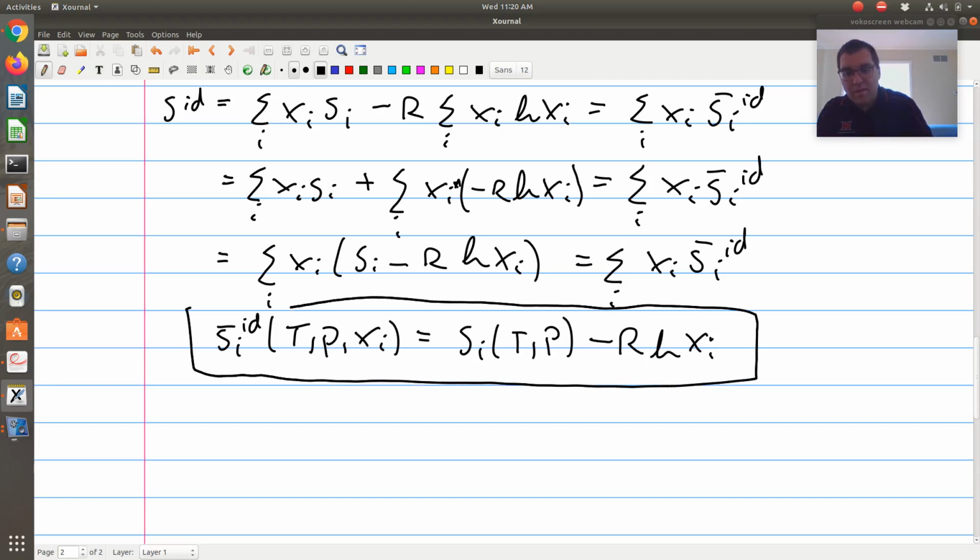And I find this latter expression pretty interesting as well, because this is just my pure component system minus R log xi. When I think about an ideal solution in which all of my intermolecular interactions are exactly the same, what causes my entropy of mixing to be positive? It's solely a combinatorial term. If I have a mixture of component 1 and 2, and they're interacting in exactly the same way, that's great. But if I had Superman's X-ray vision,